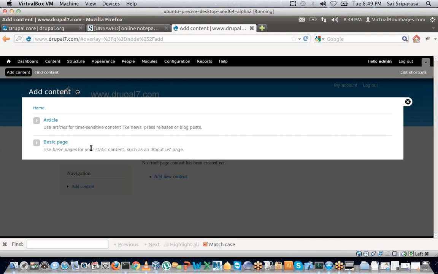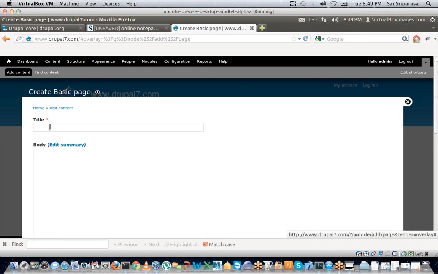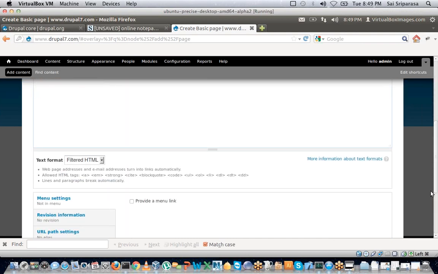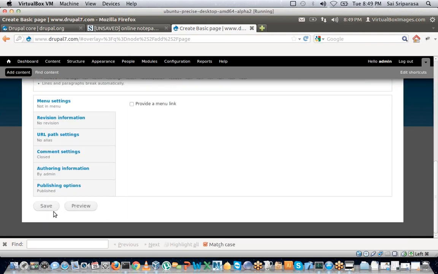We'll create new content types, but if you want to use an existing content type, all you do is click on one. You'll say hello world, because this is a Drupal hello world. This is my first page in Drupal. Then you'll scroll down, and then you'll save.